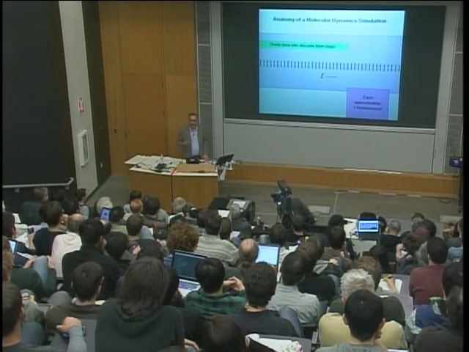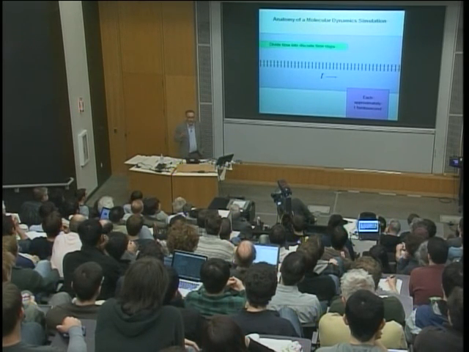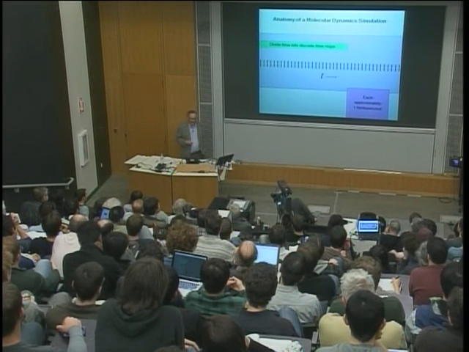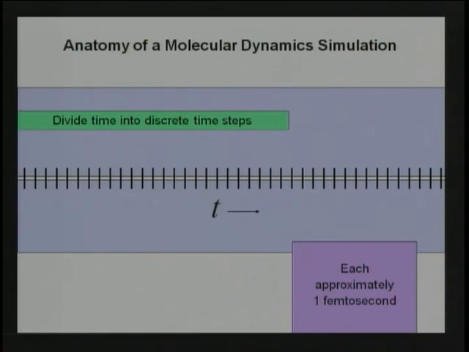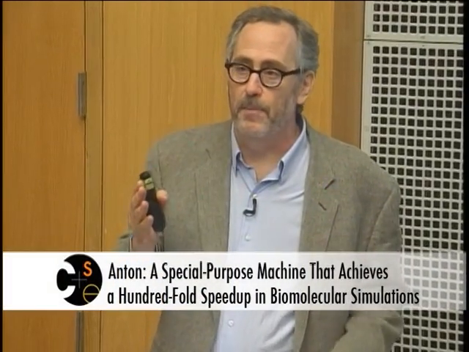So the first thing you do in an MD simulation, molecular dynamics simulation, is you divide time up into a lot of very tiny time steps. And unfortunately, they have to be on the order of 1 femtosecond. The reason for that is that what we're going to do is integrate Newton's laws of motion, and if you divide it up into time steps that are too long, that process becomes unstable, you get energies blowing up, the simulation becomes meaningless. So you have to simulate at a level that's comparable to the fastest vibration of the systems, which happens to be the covalent bonds between bonded atoms. And that forces you to do this very, very often. And there's a lot to do in every step.